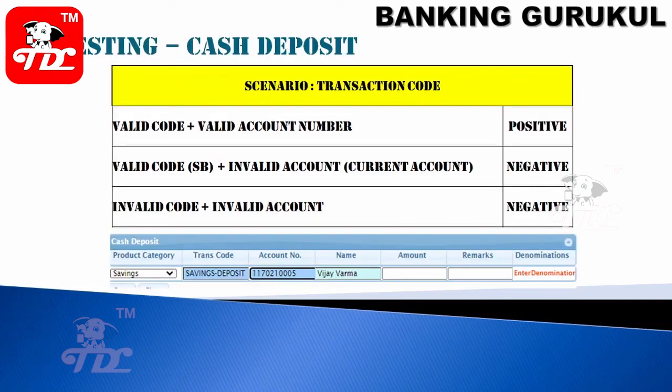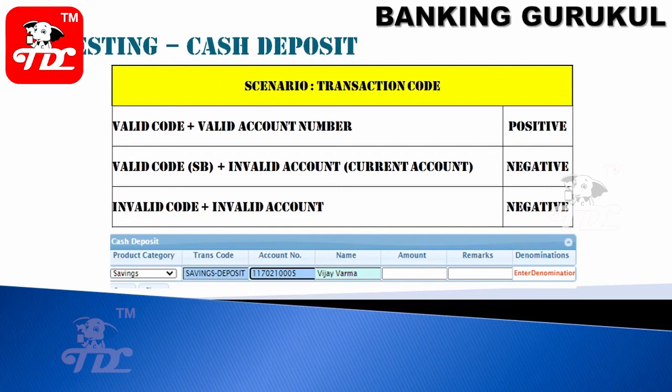So we have taken cash deposit. My first scenario is that every account is linked to a product. We have a savings product, a current product, and a CCOD product. For depositing into a savings account, I need a valid transaction code. For example, cash deposit to savings account.